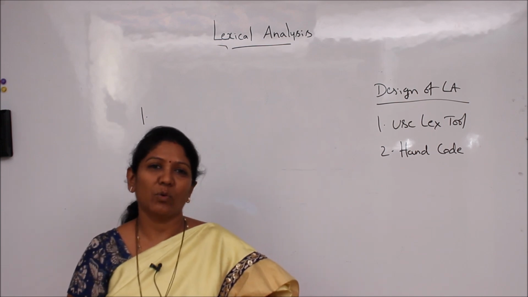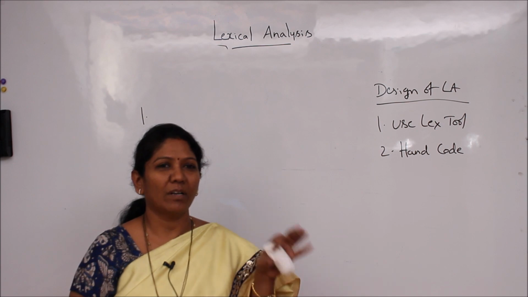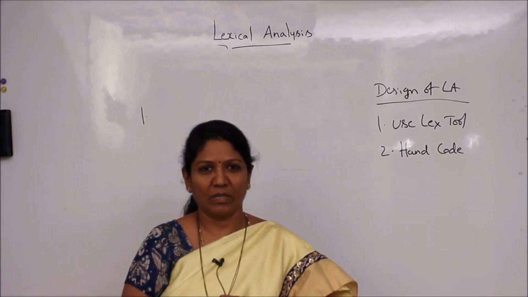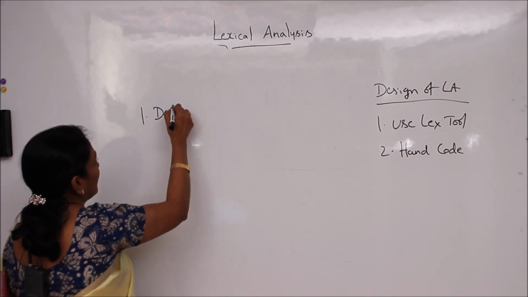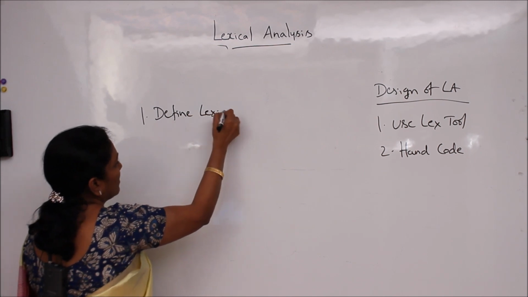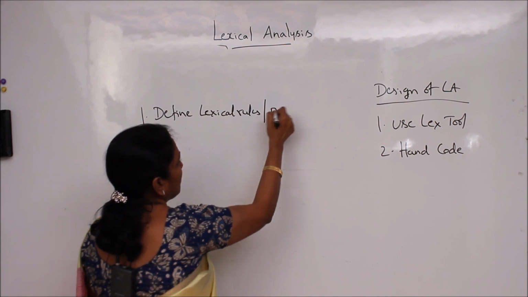How do you identify tokens out of it? For that, first you need to have the lexical rules. What are the rules with which you can break the source text into tokens? So the first step is to define lexical rules, otherwise called patterns,